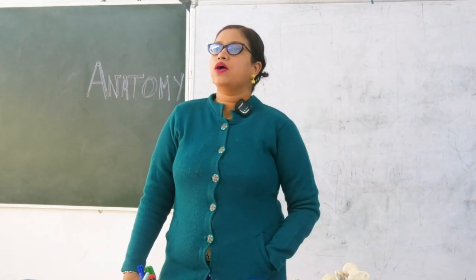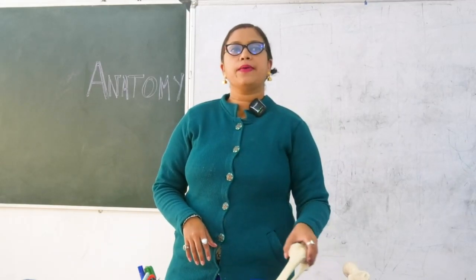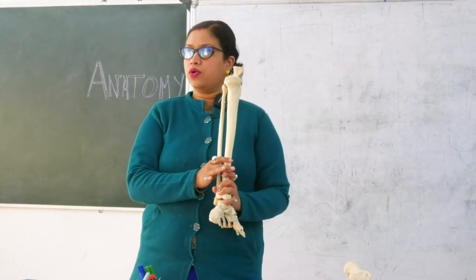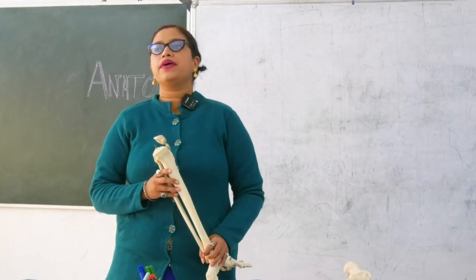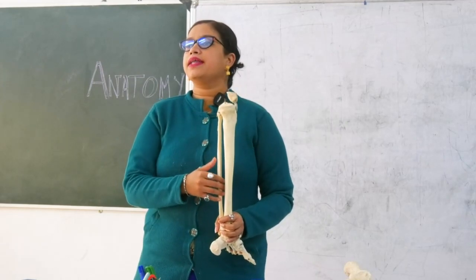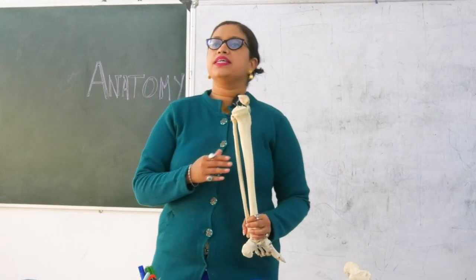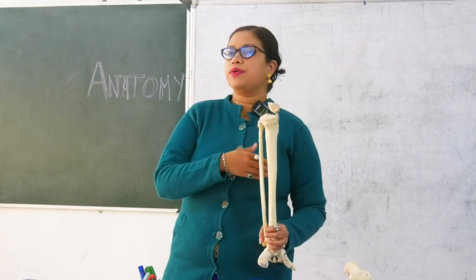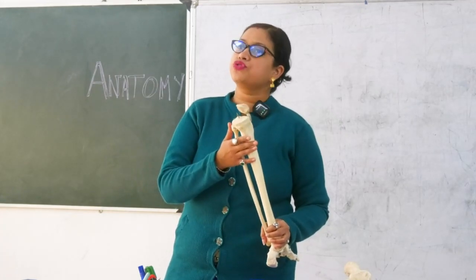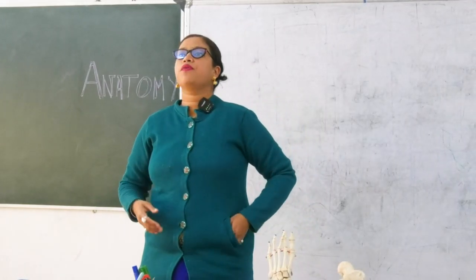Okay, or the back of the leg. At first, tell me which bones are present on the back. This is the posterior part of the leg. On the posterior compartment of the leg we have the tibia and fibula, and in between them there is the intermuscular septum. Another thing which differentiates the tibia and fibula: there is one transverse septum present on the posterior side. Write it down. Everyone please be quiet.